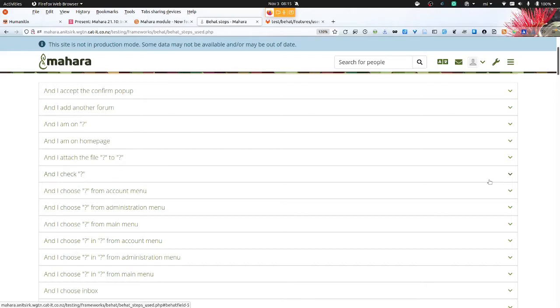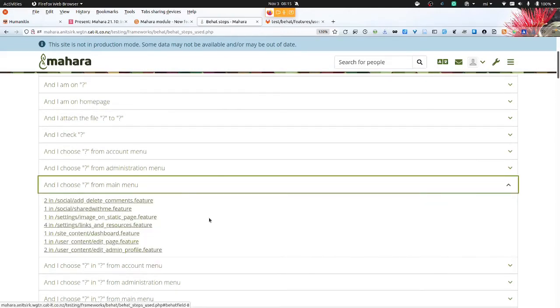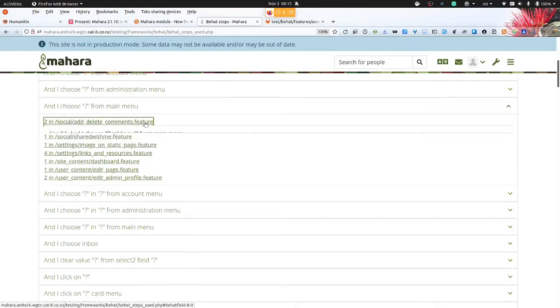And now having that available directly in Mahara, you can click on one of those, and I choose, for example, and you see all the instances in which files that particular phrase has been used, and the question mark indicates that some text can be added there.